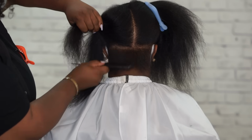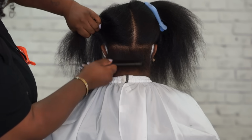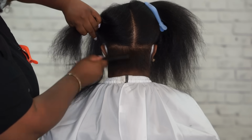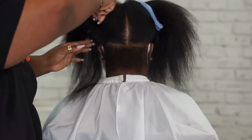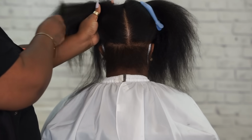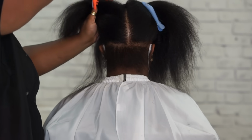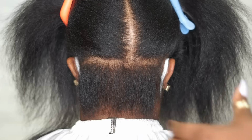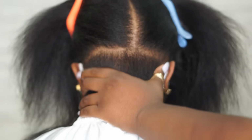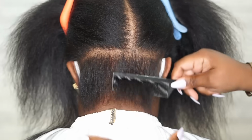Now I'm just parting out the first section to be able to start cutting her bob. Now, as I parted this first section, I noticed that her hair is broken off underneath, almost like she had an undercut that's growing out, but she didn't. So she's like, "Don't talk trash about her on this video." So I ain't going to grind her up, but what I am going to do is just talk about broken